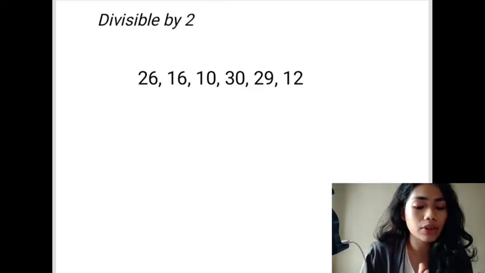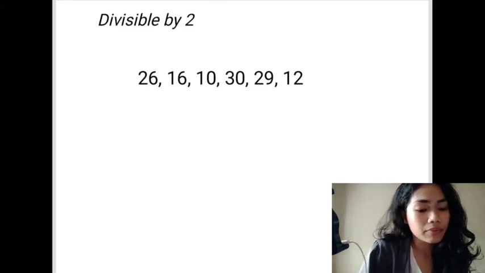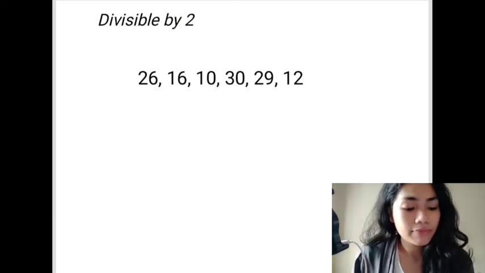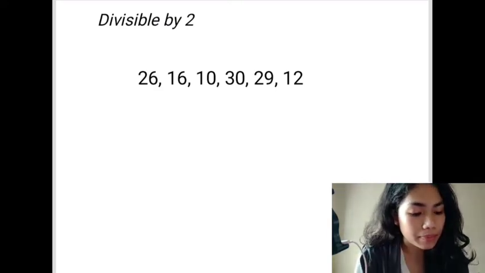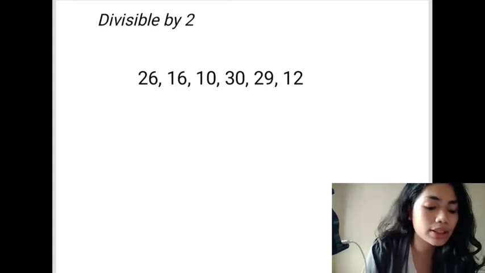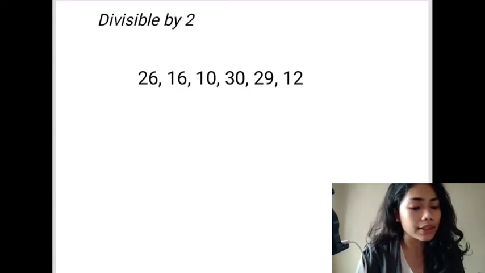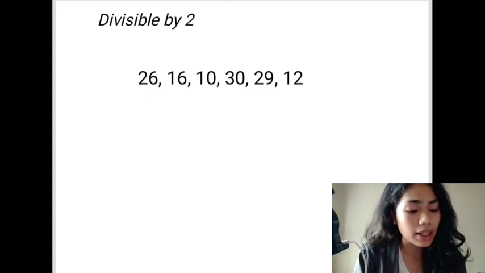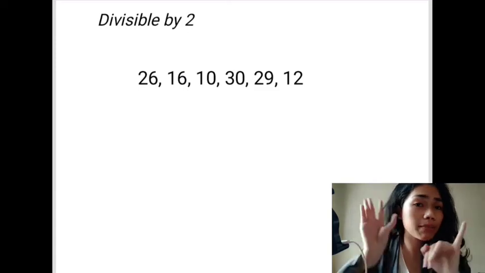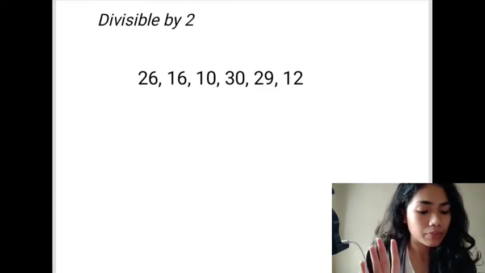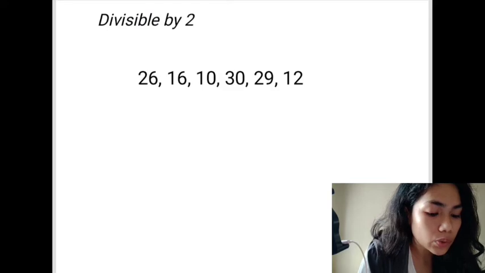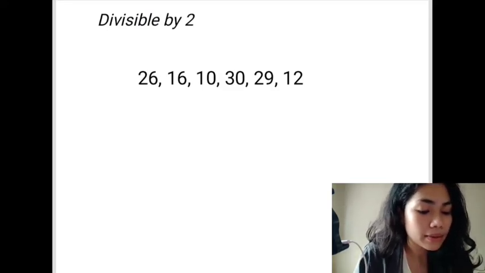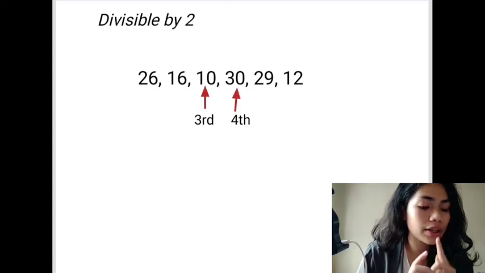Now, to get further with that, I will give you another example. So, this is for the even number that is divisible by 2. So we will have 6 elements, which is 26, 16, 10, 30, 29, and 12. Dahil 6 siya, walang specific middle value. So, ang gagawin natin, kukunin lang natin yung parang nag-aagawan na middle value, which is the third and the fourth,